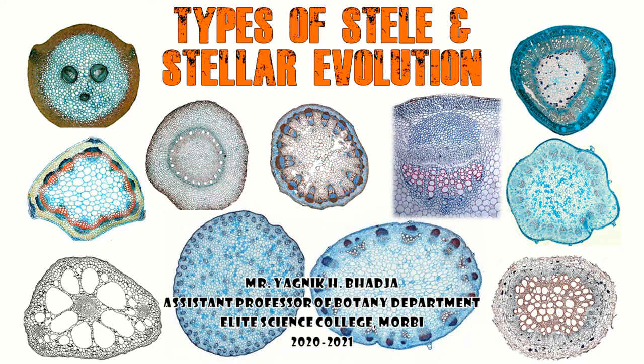And in these plants no vascular bundles are present, right? In algae the vascular bundle is absent. In fungi the vascular bundle is absent, and in the bryophyte the vascular bundle is absent, right? So my first question is, what is a stele? Actually it is the vascular system. This arrangement of the vascular system is called a stele. This is very simple in terms, right?